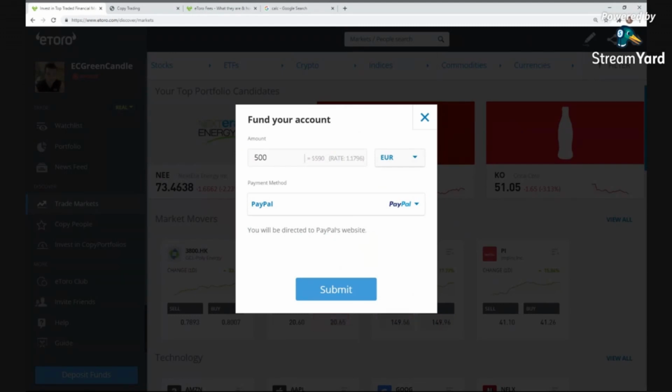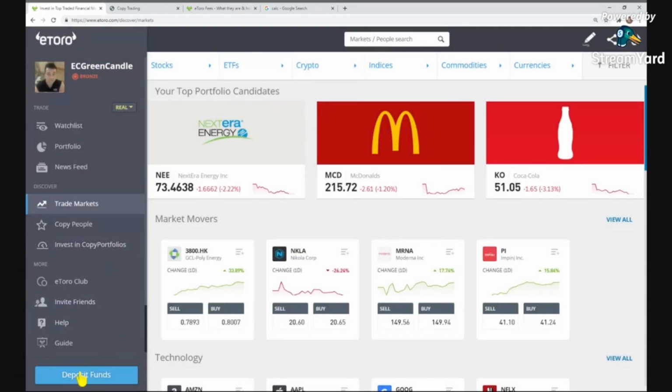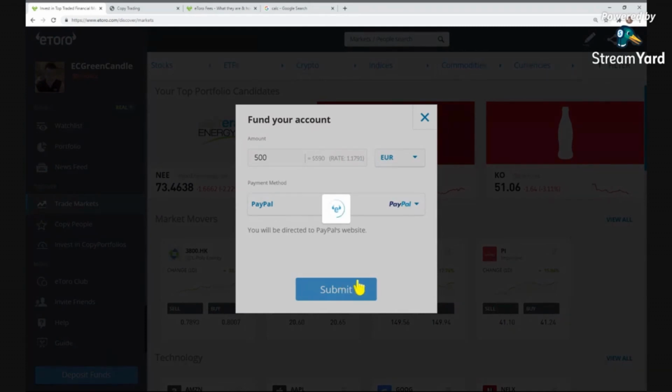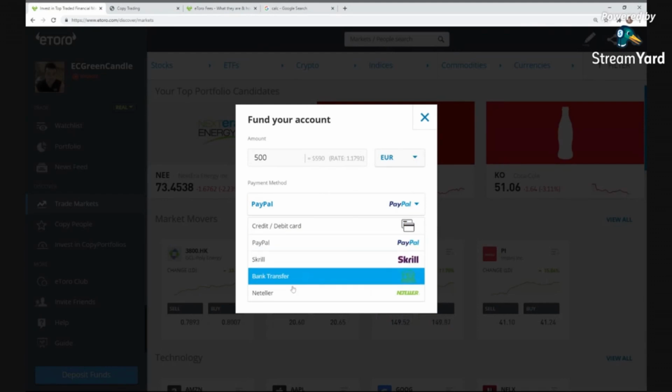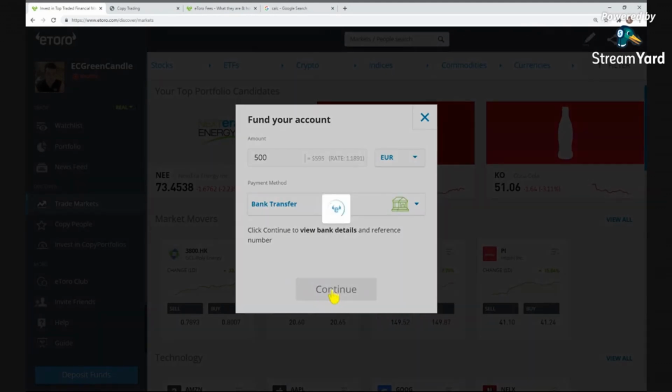So that's the maximum you can deposit in one day. I just want to show you before I deposit: I use PayPal and it's instant. But if you were going to use bank transfer, I'll just show you how that looks. So if you go into the bank transfer, you press continue. You just have to let it load up and it's going to give you all the eToro